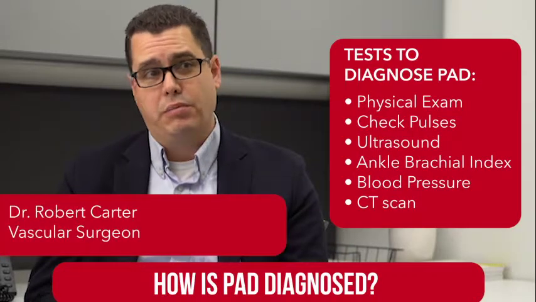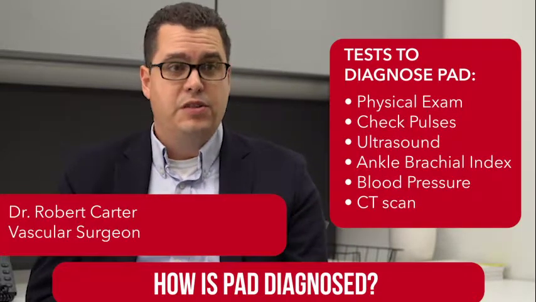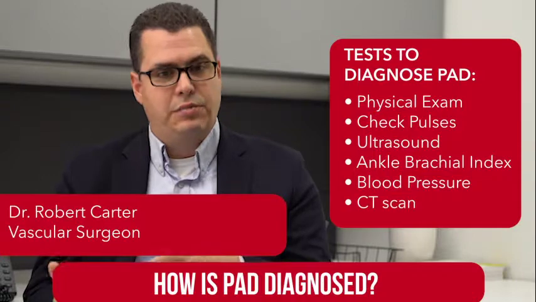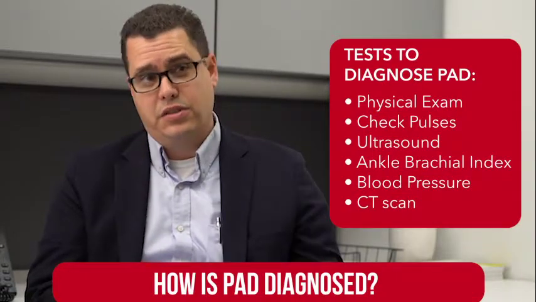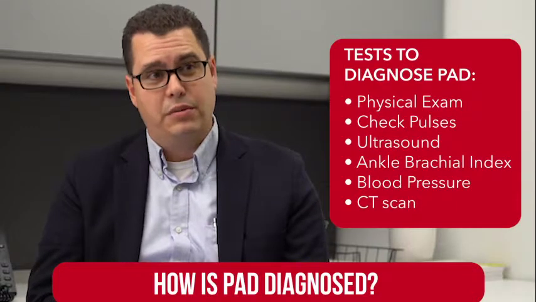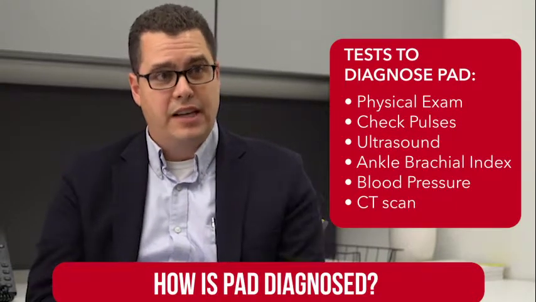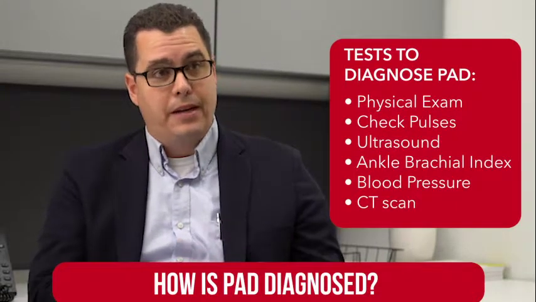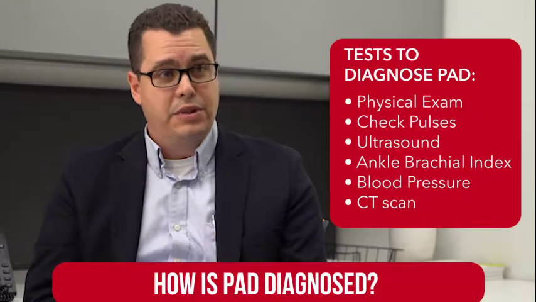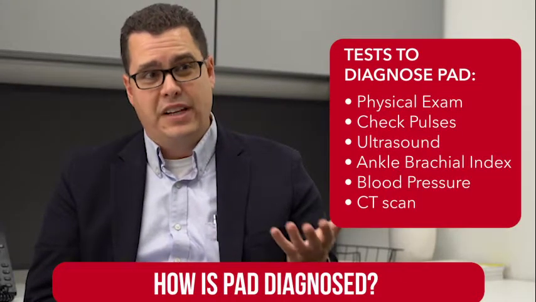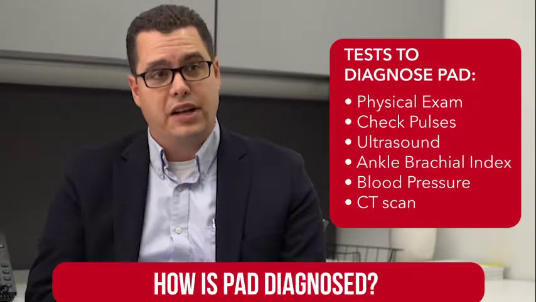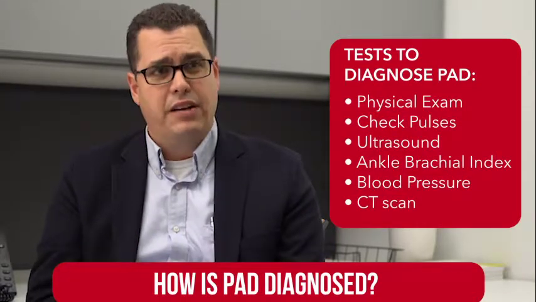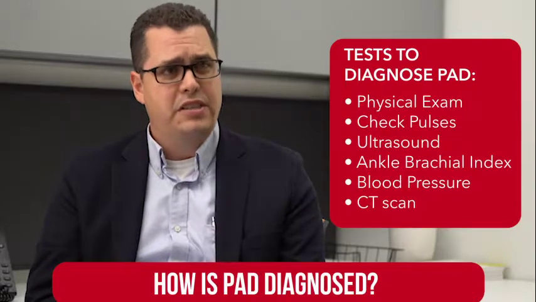Sometimes we check the blood pressure in the leg, and that can be very useful because the blood pressure in the leg should be the same as the blood pressure in the arm. And if the blood pressure in the leg is lower, then that tells us there's a blockage somewhere in the leg. We can even check the blood pressure at multiple levels in the leg, and if there's a drop at a given level, we know that there's a blockage between those two. More invasive testing would be like a CT scan, and that'll actually give us a picture of where those blockages are and can help us with planning for surgical intervention or putting a stent in the patient.